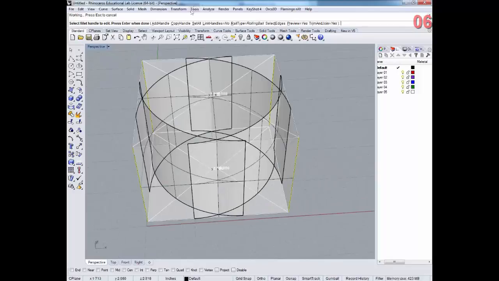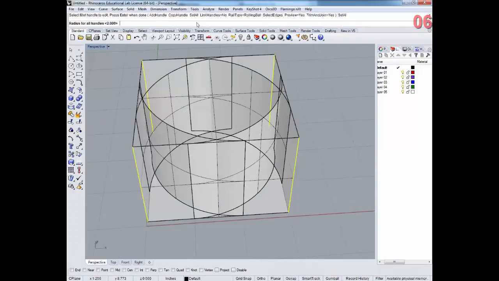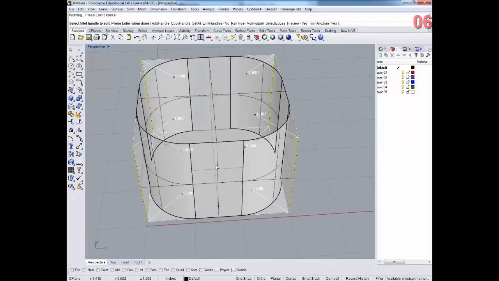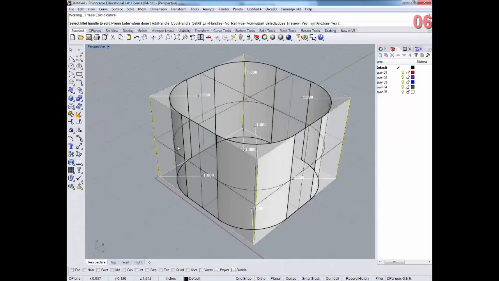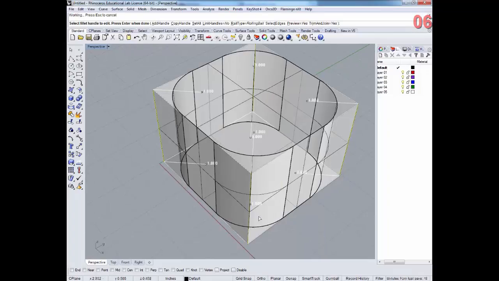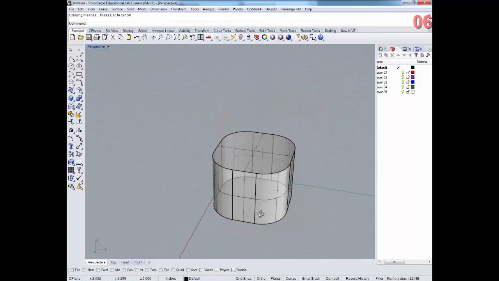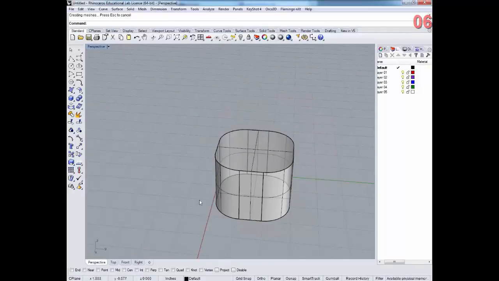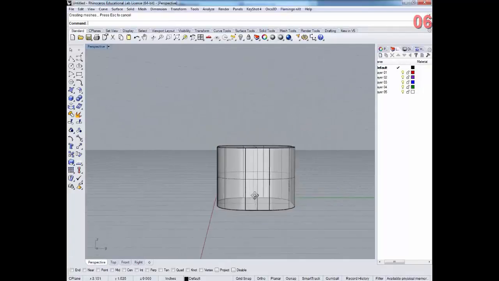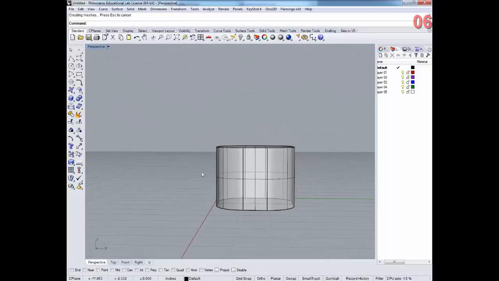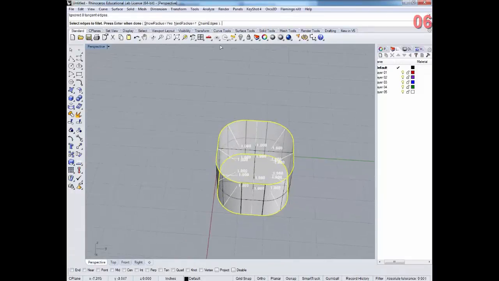So you always want to make sure that the values of the two don't exceed the distance between the edges. Okay? And so now, the reason why you always do the vertical edges first is that now I've created these vertical edges, right? So now if I want to come back and fillet the horizontal edges, I can select these edges, and let's say I give these a value of